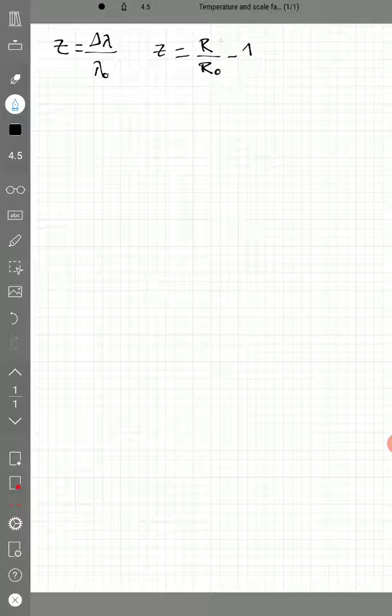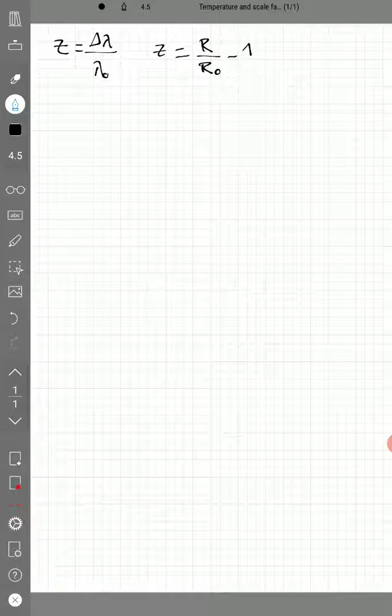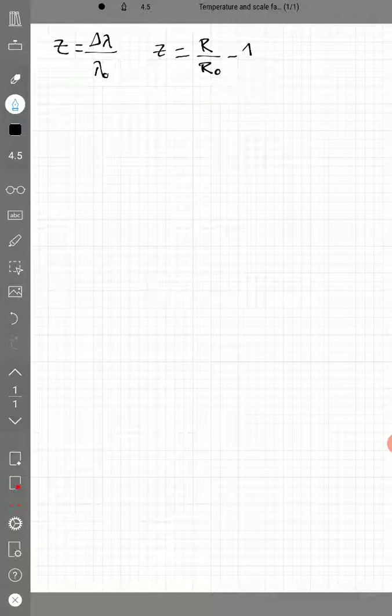Remember, the scale factor at present time and the scale factor before tells you how much the universe has stretched, so that carries information about obviously how much those waves have